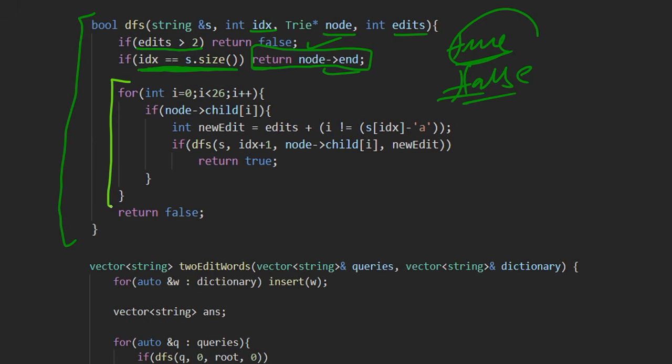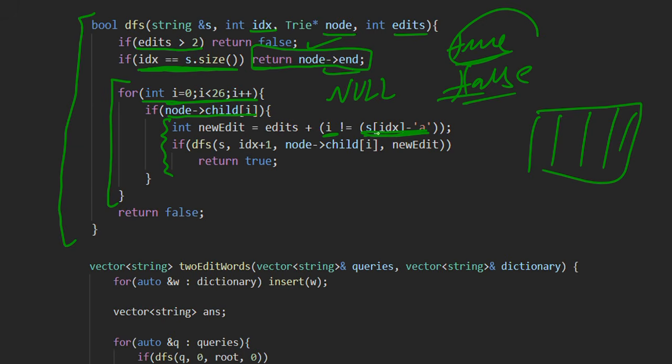And then the main logic: we compare with each child node. If the child node is not equal to null, then we go inside the child node and check whether our current character is equal to that character.